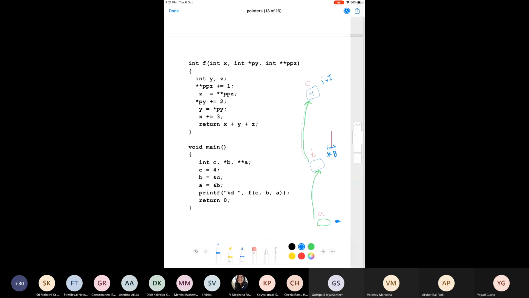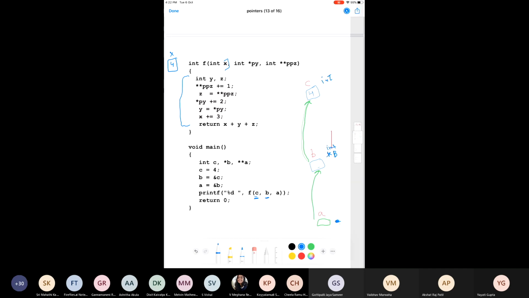Okay. Now what your code is printing, it is calling f of C, B, A. So here you should look at the difference between call by value and call by pointers. So see what is happening. Here I have passed this value C from my function. So whatever is the value of C gets copied to X here. So this particular function doesn't know anything about C. It knows only about X. And for this function, the value of X is 4 because the value of C has been passed from here.